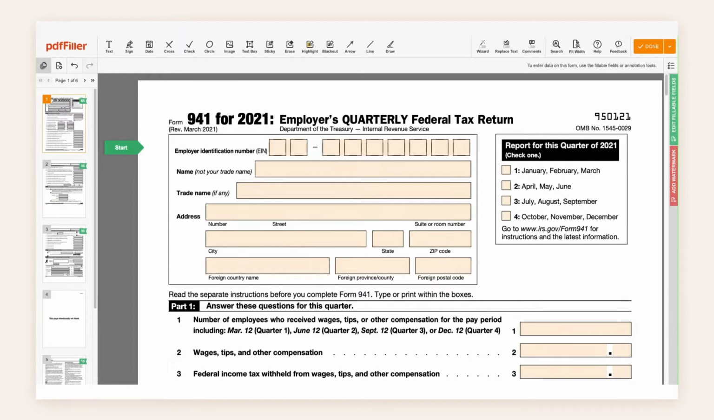Form 941, or the employer's quarterly federal tax return, is used by employers to report federal tax withholding amounts for estimated income tax payments, employer payments, and FICA taxes, more commonly known as Social Security and Medicare. You must file Form 941 unless you are a seasonal employer, have farm employees, employ a household employee, or already filed a final return. You can either download your copy from the IRS website or get the current revision of